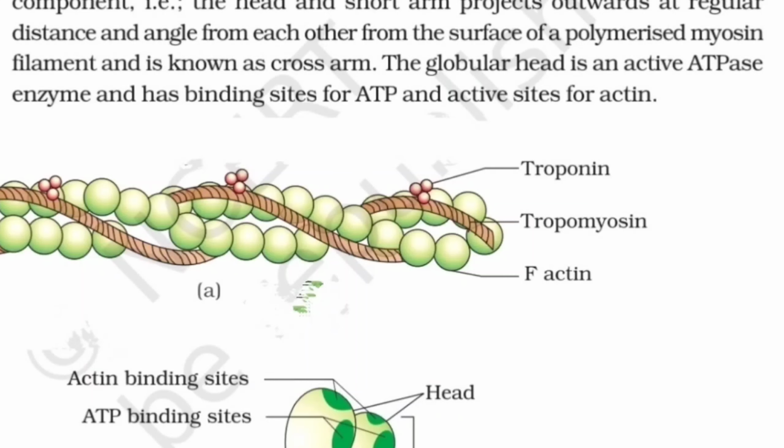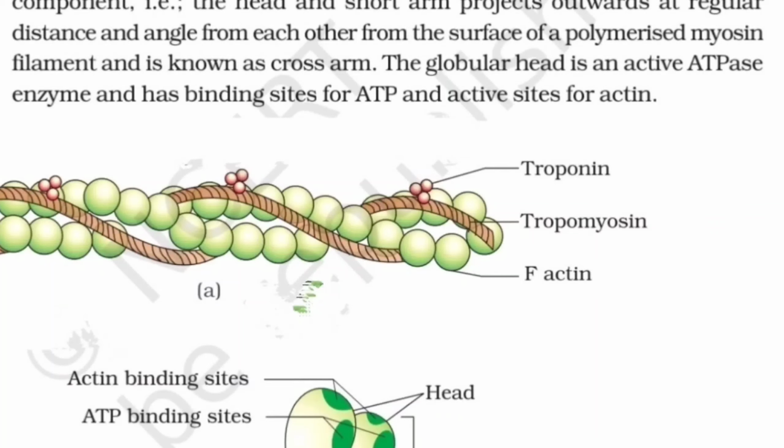This place is empty now, and the actin binding site of the myosin will be coming here. It will bind on the exact opposite portion of the tropomyosin, meaning this portion and this portion. Do remember this. Because whenever the troponin is removed, the tropomyosin will flip, and the exposed portion will have the binding site for the myosin, specifically the head portion, HMM.